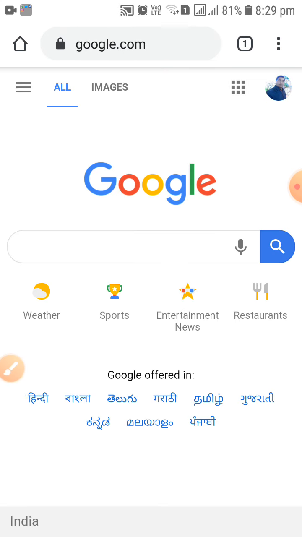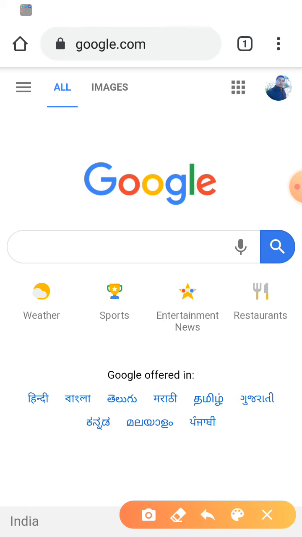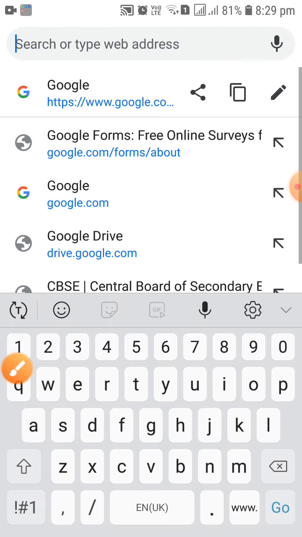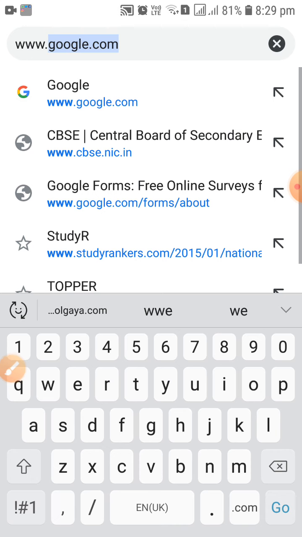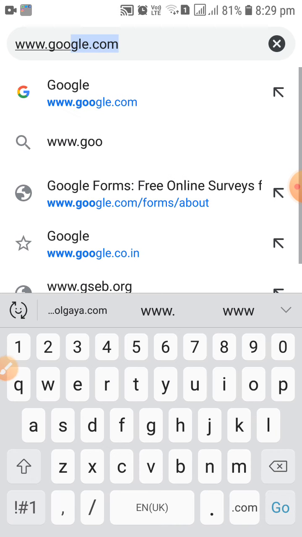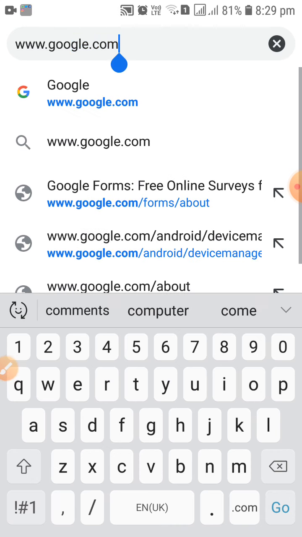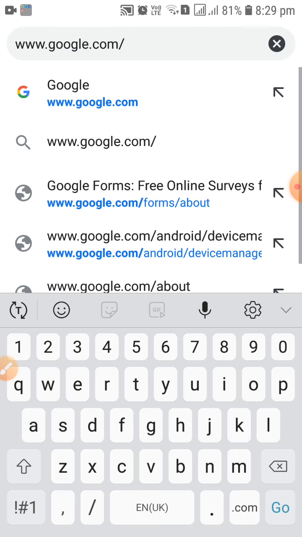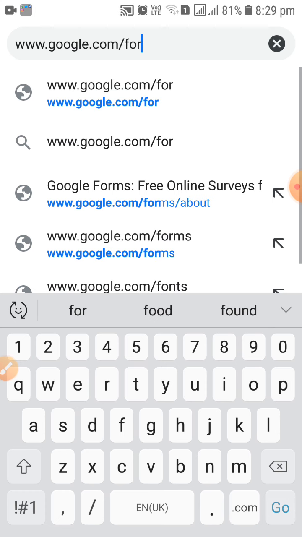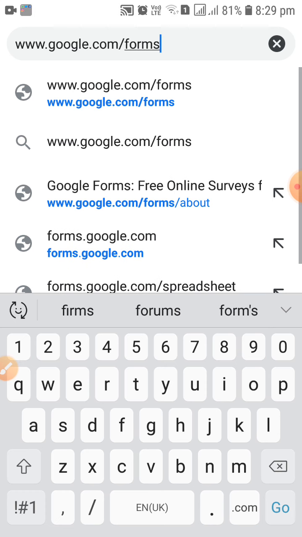And what you have to do, you have to write something in the URL that I'm going to show you. You will have to type one thing. Let me tell you, and you must remember this, what you have to type to start Google Forms. So I'm going to type there www.google.com. Then you will have to type slash, like this slash, then FORMS, forms.